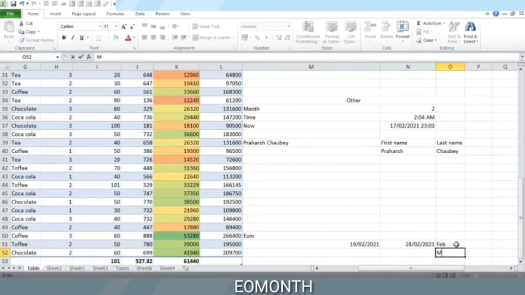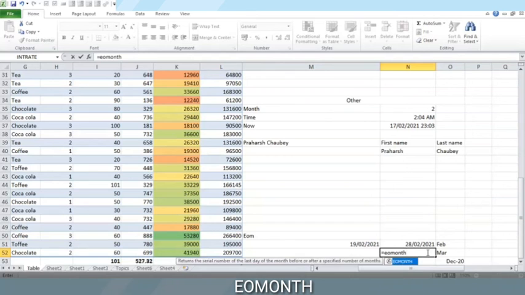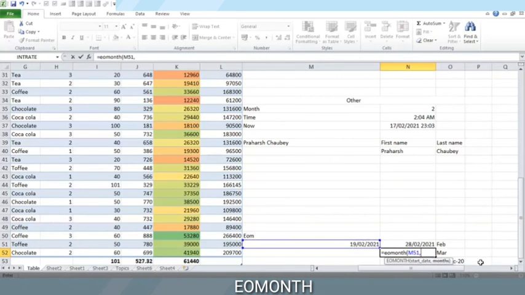But if I want the end of March and then of December 2020, I can find it using the same formula. We put end of month. Let this be the start date again. But I am going to the next month. So now the months would have 1. We are moving ahead.